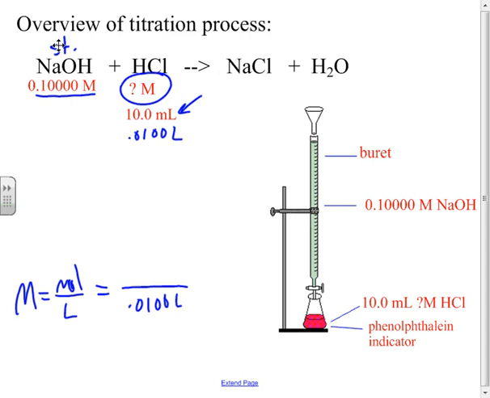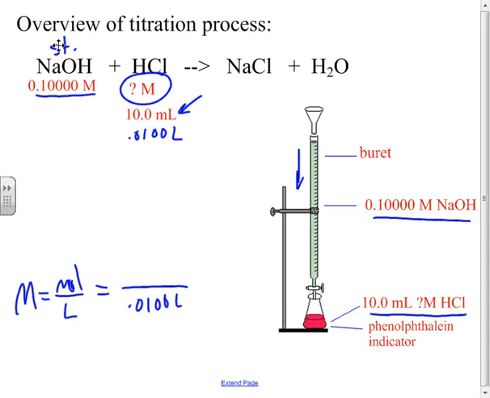So what I do is I set up an apparatus that you see here. This is a burette. I take my 10 mL of my unknown hydrochloric acid. I put in some kind of an indicator that's going to change color at the equivalence point. I fill up the burette with my standard, and then I start adding the standard until I get to the